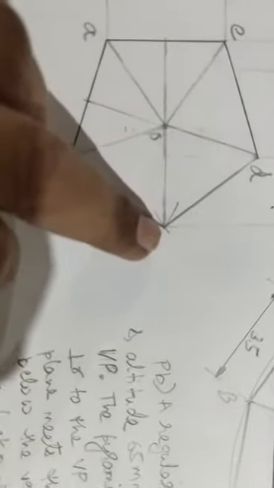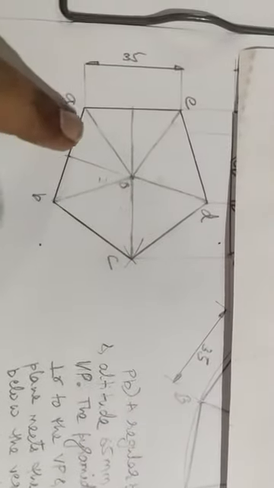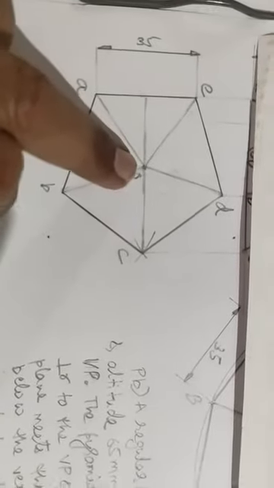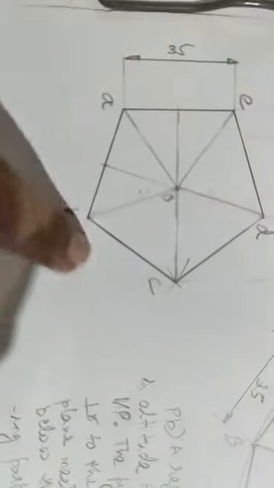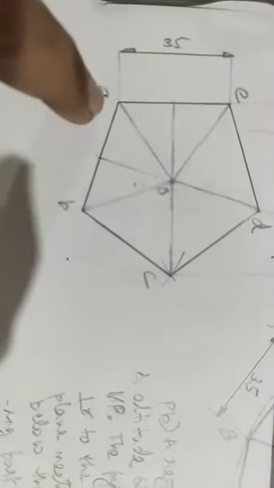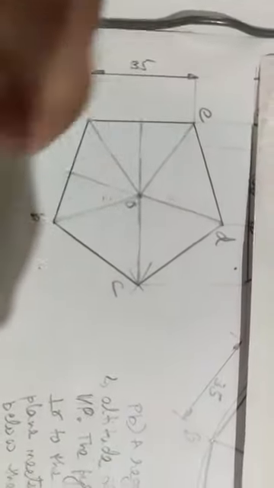Then to get the center point of the pentagon, you draw perpendicular bisectors. This corner is C, the opposite side is AE, draw a perpendicular bisector, a straight line. Similarly, this corner is D, the opposite side is AB, draw a perpendicular bisector which will divide this side into two halves, that is 17.5, 17.5, total 35. So you have got the center point. Draw the triangular faces of the pyramid. Is it clear? So you have drawn the top view of a pentagon with one side perpendicular to the vertical plane. One side perpendicular to the vertical plane or perpendicular to the XY line, both mean the same thing.